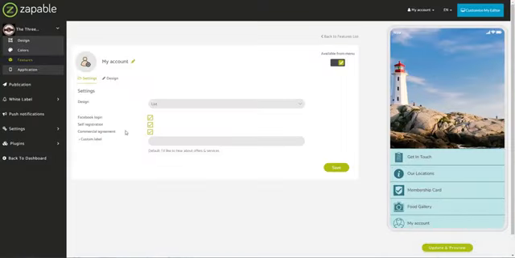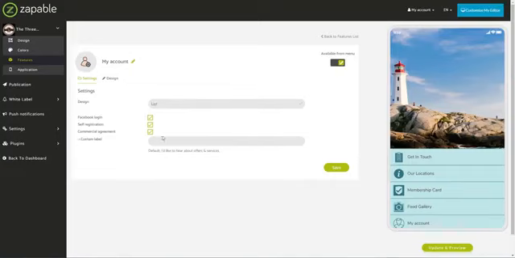It just asks you, do you want to allow users to self-register? Do you want to allow users to log in via Facebook? That will need the API key configured for that. And then how do you want the design? Is it list or card? So list is where it will block everything off individually, and card will populate everything into one single block. And then we've got a commercial agreement, and then we've got a custom